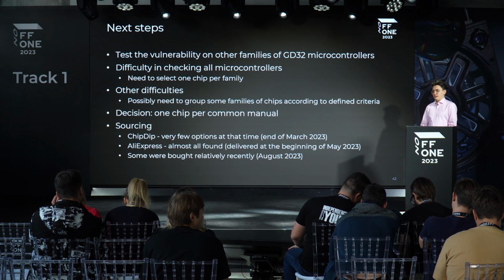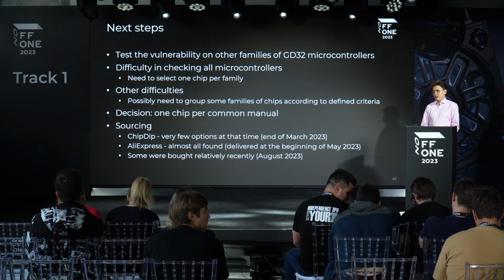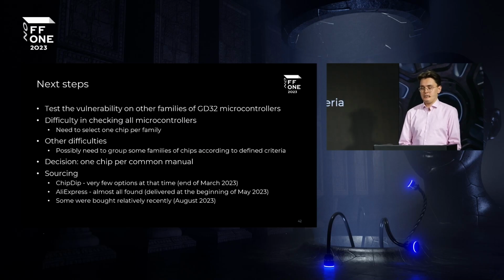There are many families of GigaDevice MCUs. We needed to optimize our work somehow. So our solution was to group different families of microcontrollers along certain criteria. One of the criteria that we chose is a shared manual or common manual. I'll explain what it means later, but in terms of sourcing, at the start of this research,